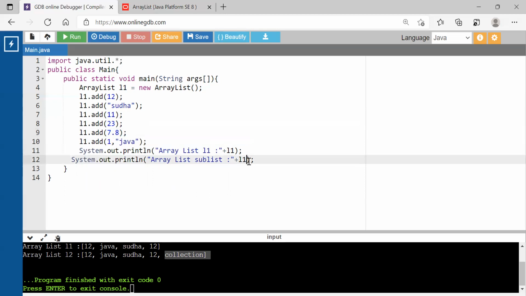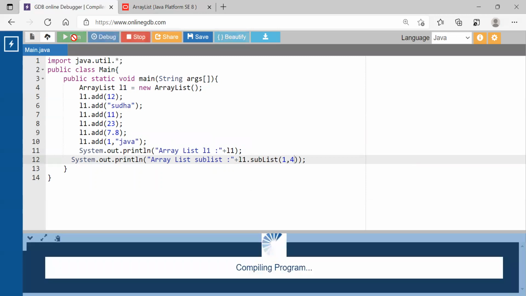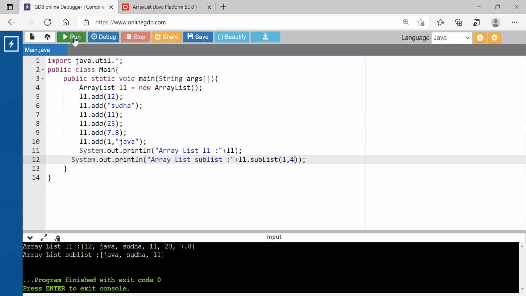Now I want L1.subList, and I'll mention the index numbers from where to where I want. I'll take from 1 to 4. Let us see the output. Index 0, 1, right?